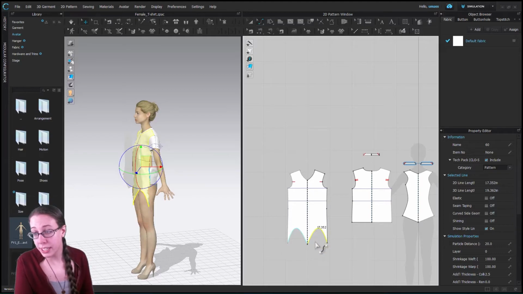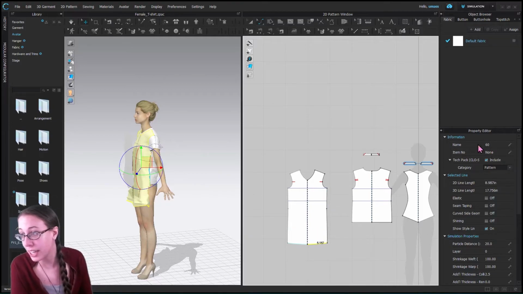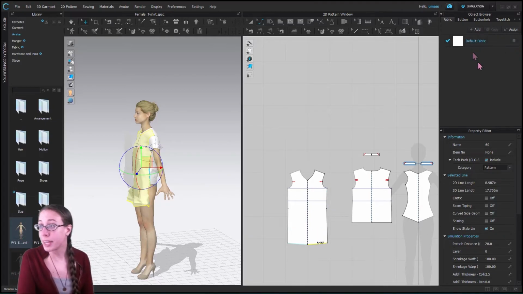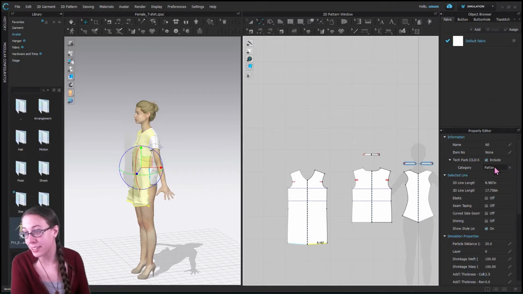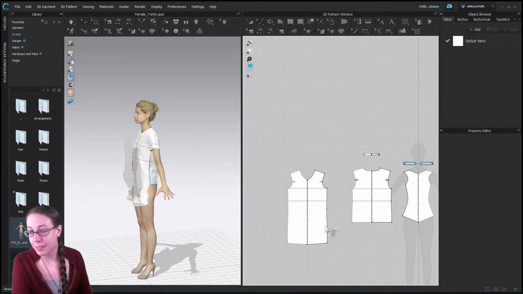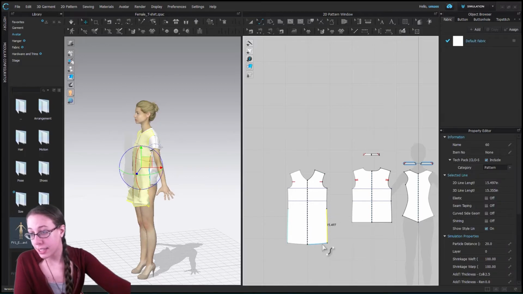So we need to make sure that they're exactly the same size, and we can do that using the property editor. So I haven't addressed any of the panels on this side yet. But if you click on them, you can see, actually, I've made a mistake. This isn't where you change this, but you can see the line length over here. And if you select more than one line, you can see their combined line length under the 3D line length section. I think that might be wrong, but